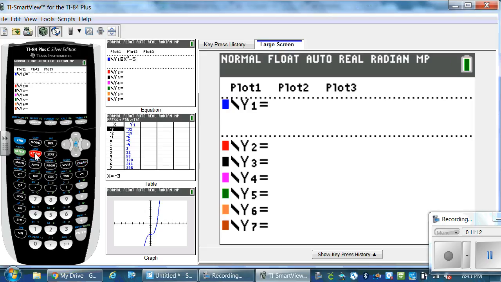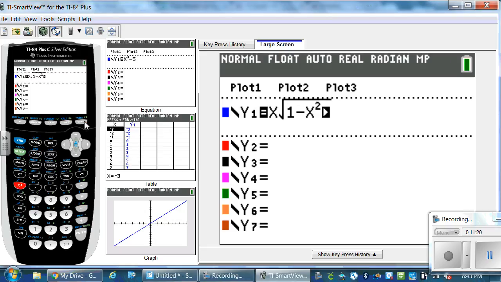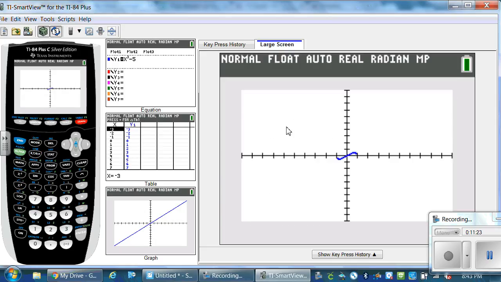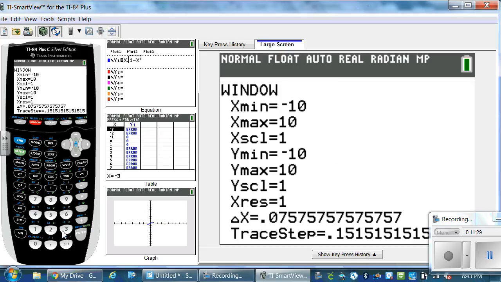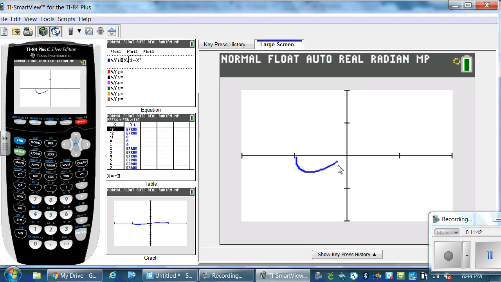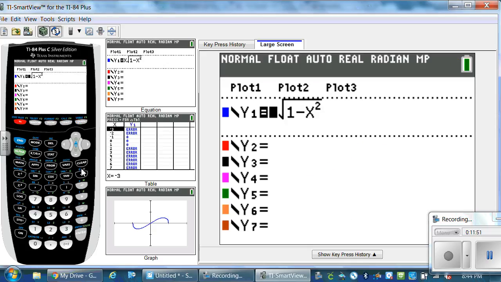64, y equals x times the square root of 1 minus x squared. Graph that. This one appears to be odd, and I'll show you. I can zoom in a little bit more. Let's let my window go from -2 to 2. I think you'll see it a little bit better if I zoom in on this. -2 to 2. Alright, graph this. You can tell that everything is just the opposite. It is rotated around this axis. So that's an odd function. And then 66,